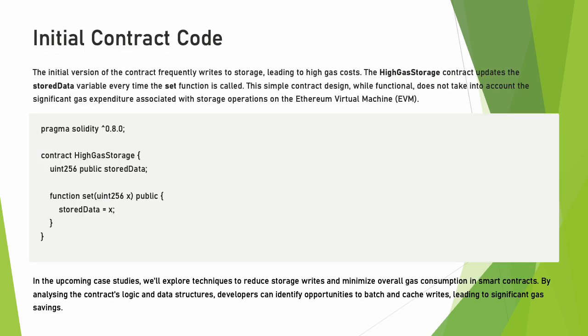Moving on. Here is the initial contract code. The initial version of the contract frequently writes to storage, leading to high gas cost. The high gas storage contract updates the stored variable every time the set function is called. This simple contract design, while functional, does not take into account the significant gas expenditure associated with storage operations on